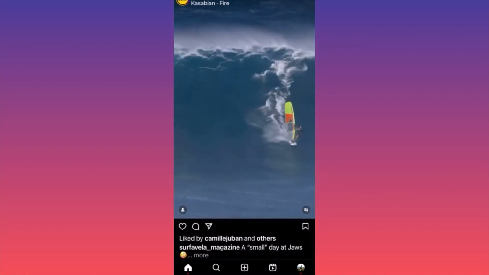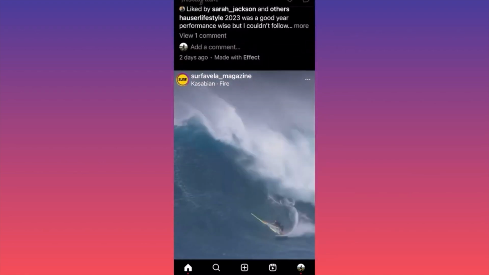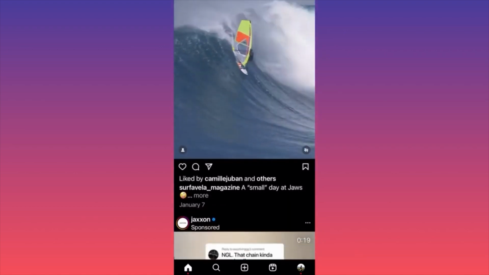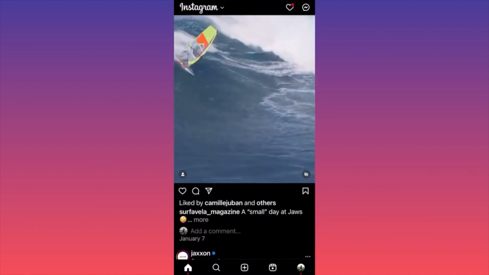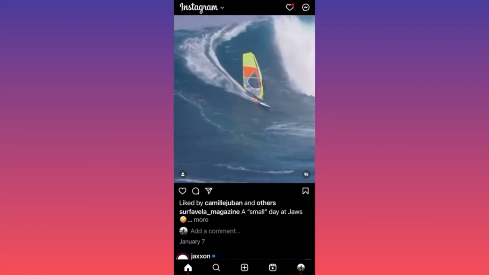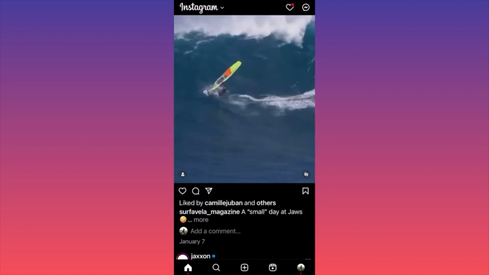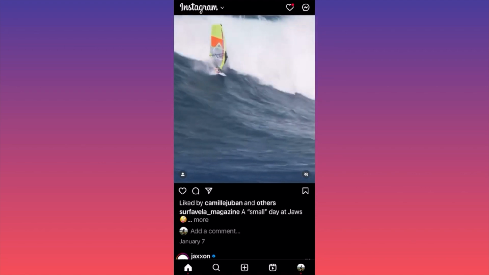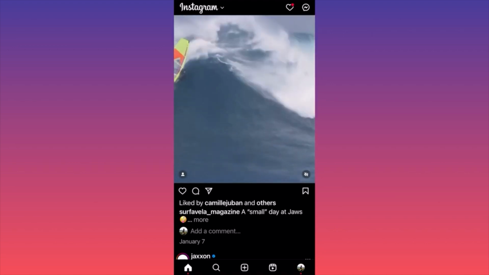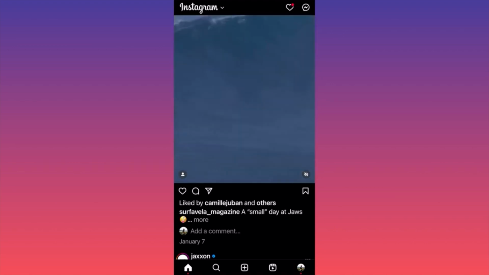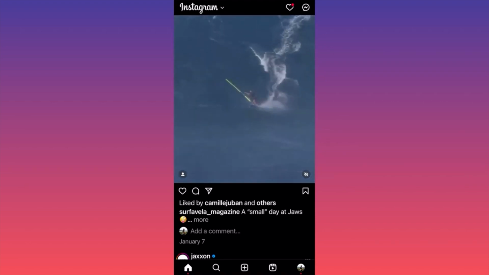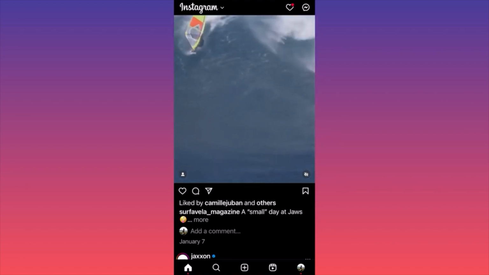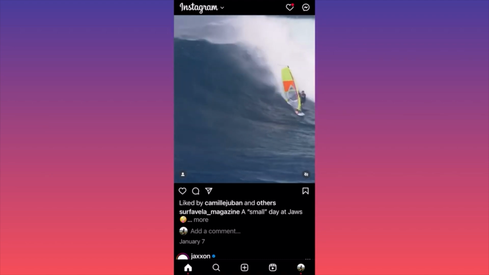Again, scrolling down, if you find corporate accounts like this one, this is a surf magazine, right? If you find corporate accounts or business accounts or media accounts, this is where you could probably find a lot of people, because there is a very strong, affirmative action of publishing content from the point of view of a magazine. So they gather a lot of content, they have a lot of access, they can do a lot of interviews. So the likelihood of there being an already built-in audience you can actually engage with is very, very high.